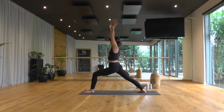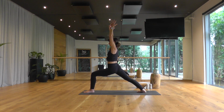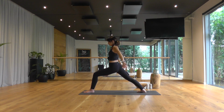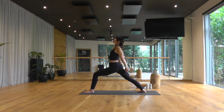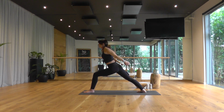And then when you're steady, allow your hips to sink down a little further and reach up a little longer through your upper body. Take a deep breath in here. And as you exhale, wind your hands behind your back, interlace your fingers. Staying upright, breathe in, puff your chest, squeeze your shoulder blades. And as you breathe out, fold forward really slow,